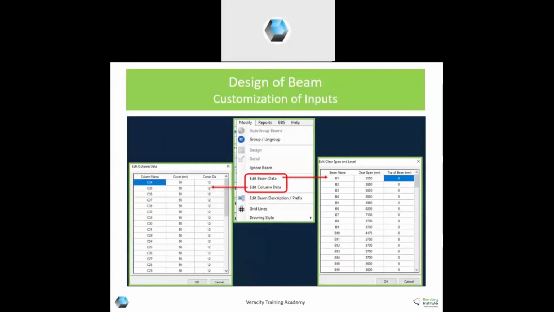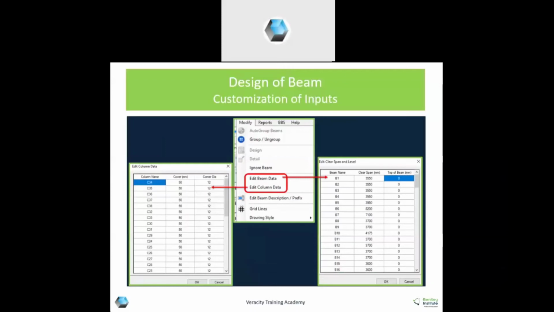After this, you can modify beam data. Sometimes for toilet portion, we are having sunken slabs and we are having downstand beams, or sometimes we are having inverted beams also for porch or something.